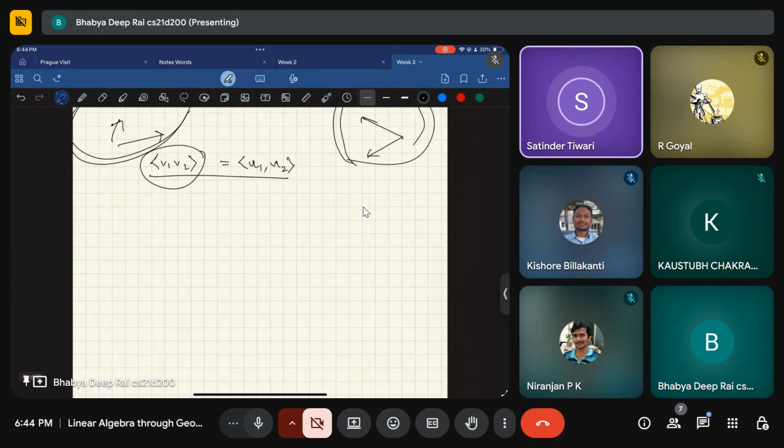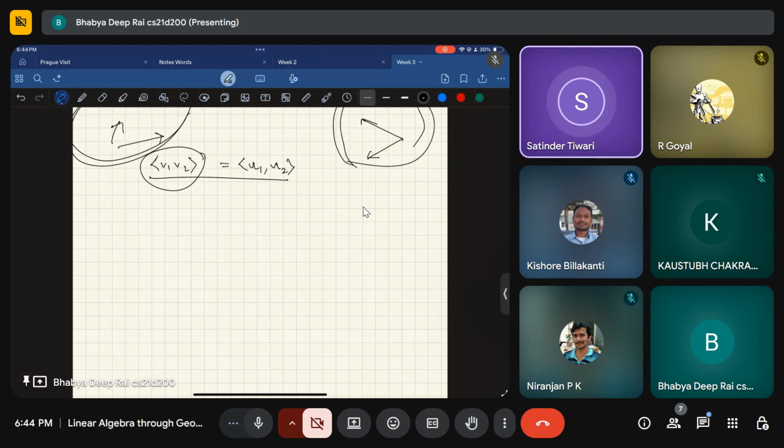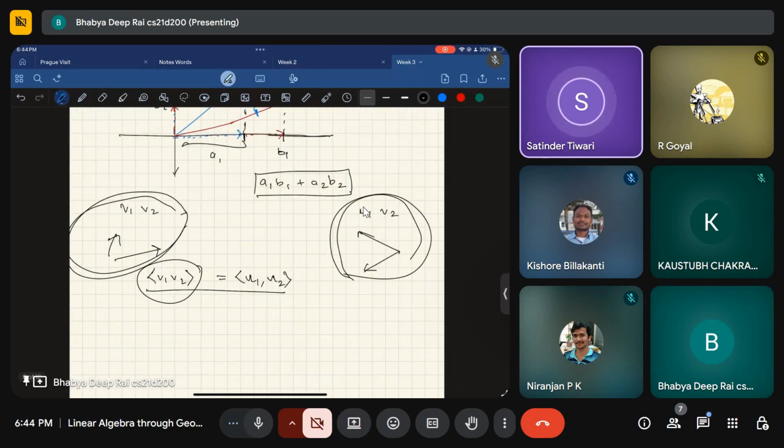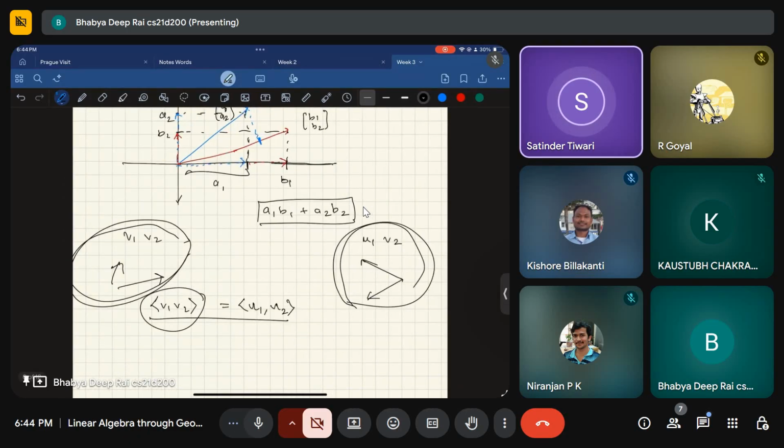Actually, what I was visualizing is this: along the x-axis, suppose it is 2 units. Suppose one of the vectors I projected along the x-axis is 2 units. Now the second vector, suppose its x coordinate is 3. If I project, it means that 2 units will be treated as one part, and that will be counted 3 times. That's why I think the total impact will be A1 B1, meaning 6.